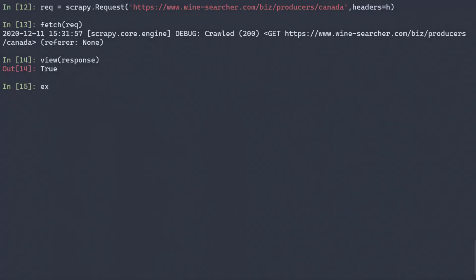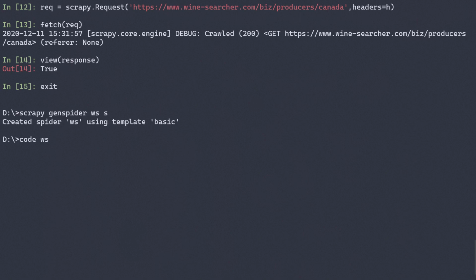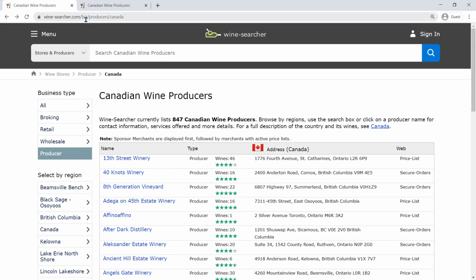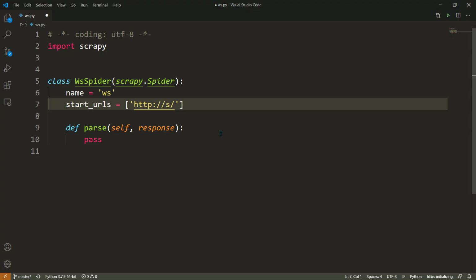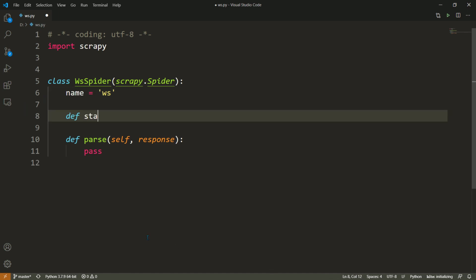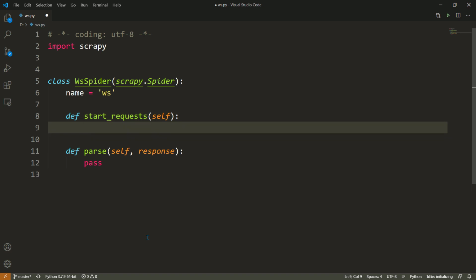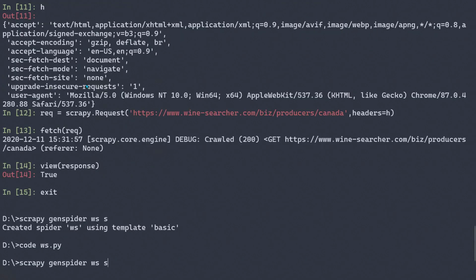And if you want, you can actually create a quick spider. But because we need to send custom headers, we are going to exclude the start URL, and instead we are going to use the start_requests method. It takes no parameters. And now we can simply copy paste from the command prompt.